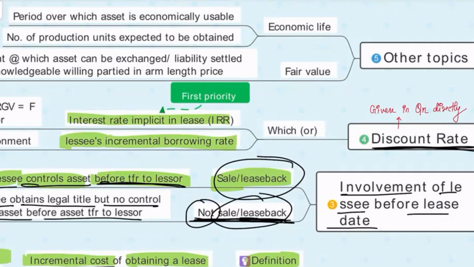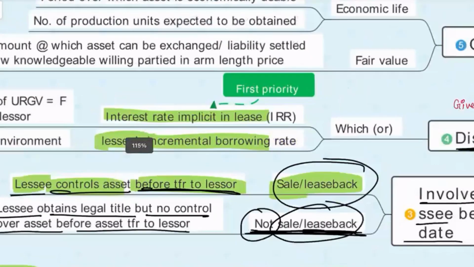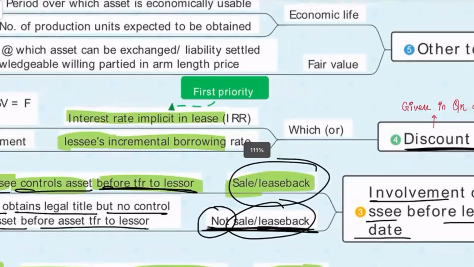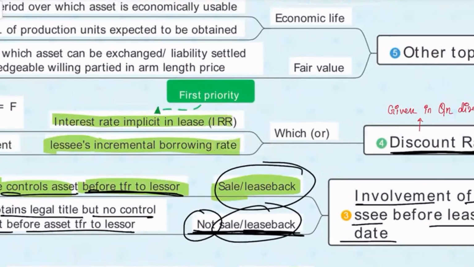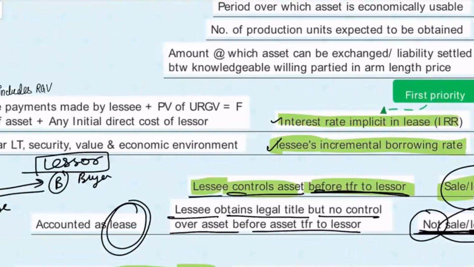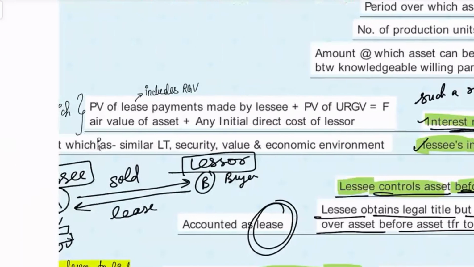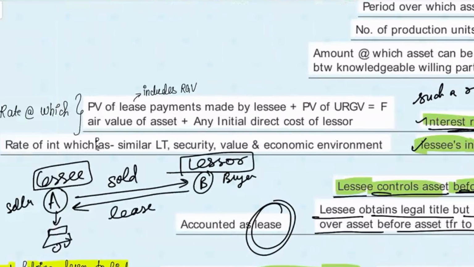Now, talking about the interest rates. I've told you that there are two kinds of rates which you can use as your discount rate. One is the interest rate implicit in the lease, and the next one is the lessee's incremental borrowing rate. First, let's understand what the interest rate implicit in a lease is. It is such a rate at which, whenever you take the present value of lease payments and add the present value of unguaranteed residual value,